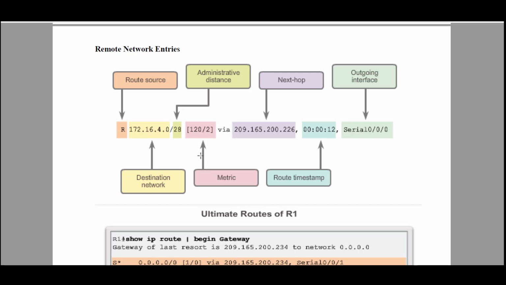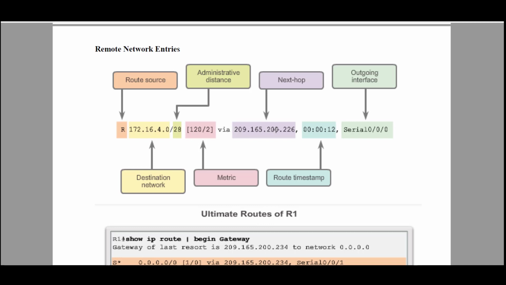Every routing protocol will have an administrative distance value. Okay, this is an important point. Every routing protocol will have its own administrative distance value and its own metric. This is very, very important. Then the next one is via, which is going to be the next hop, the next IP address. We can say it is an exit.